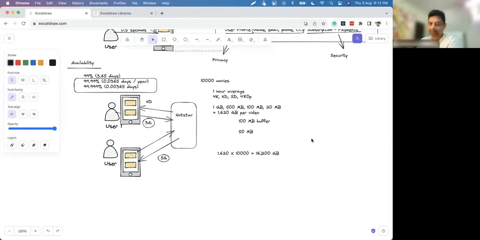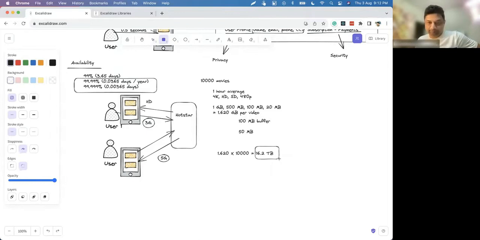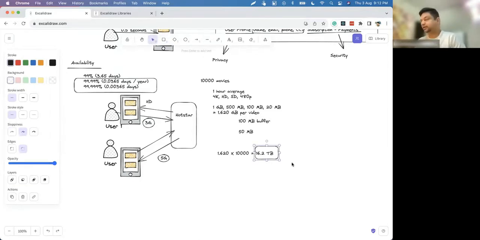Or terabytes, right? This can be done in terabytes. Again, you don't store videos in the database, so no need to decide about the database, but yes, this will give you an idea of how big the scale is.